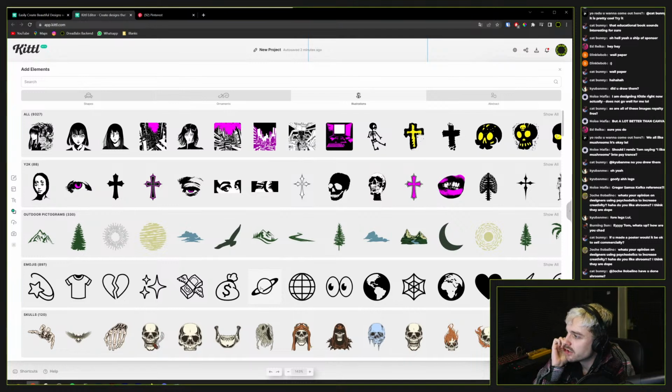What's your opinion on designers using psychedelics to increase creativity? Do you like shrooms? I think they're dope. So I've never really done any drugs that will make me hallucinate and stuff like that, because that's not my thing. I'm a little bit scared that I lose control over what I can perceive and what I can do, which is why I don't really want to try it. But I do like